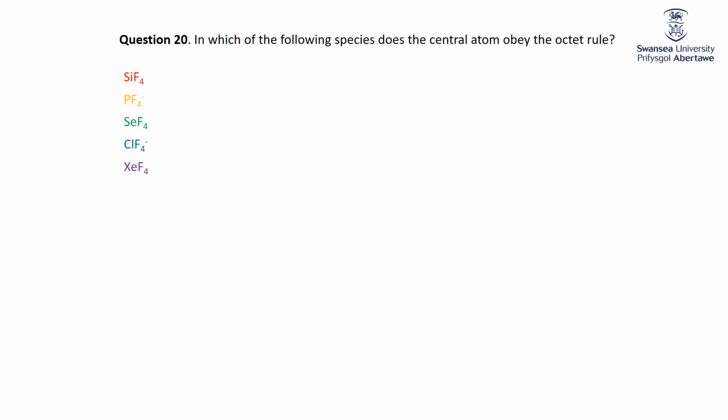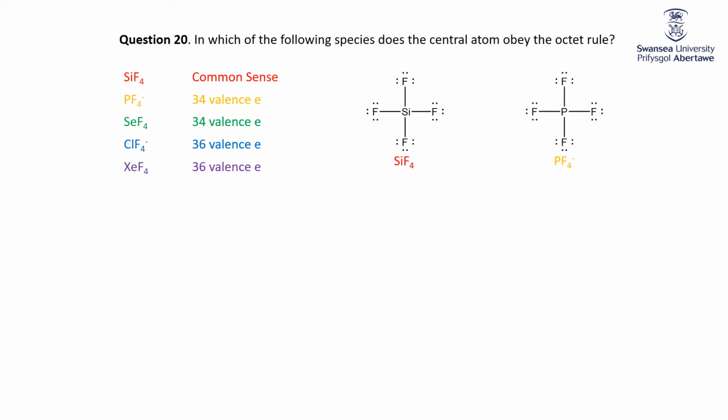And talking of practice, which of the following species' central atom obeys the octet rule? Well, SiF4, silicon with 4 fluorines, is going to obey common sense. Of course, that's the answer, because with most common sense, it obeys the octet rule. But let's just demonstrate it to each other. PF4-, okay? Well, there's P with 4 fluorines on it. Add up the number of dots, there's only 32, but phosphorus has 5, 4 fluorines 28, a minus sign, another one, 5 plus 28 plus 1 is 34,